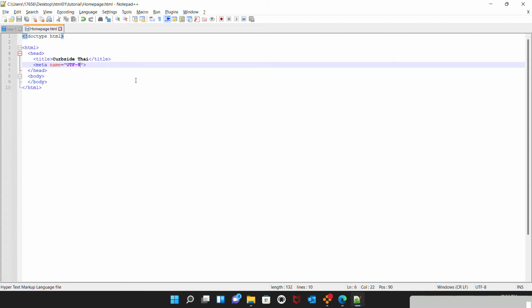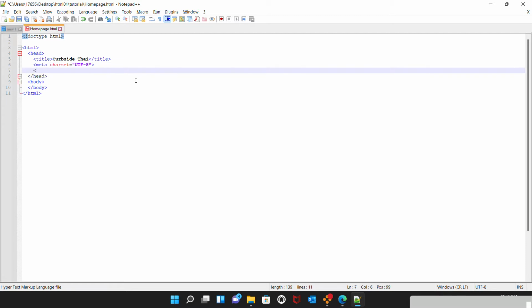UTF is a type of Unicode that is used for converting text information into binary data. So for this part, I have to set its charset attribute to UTF-8,